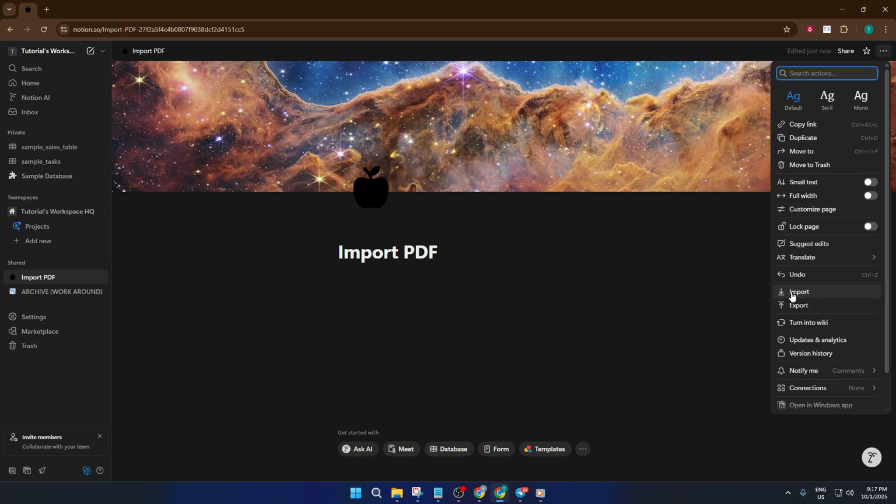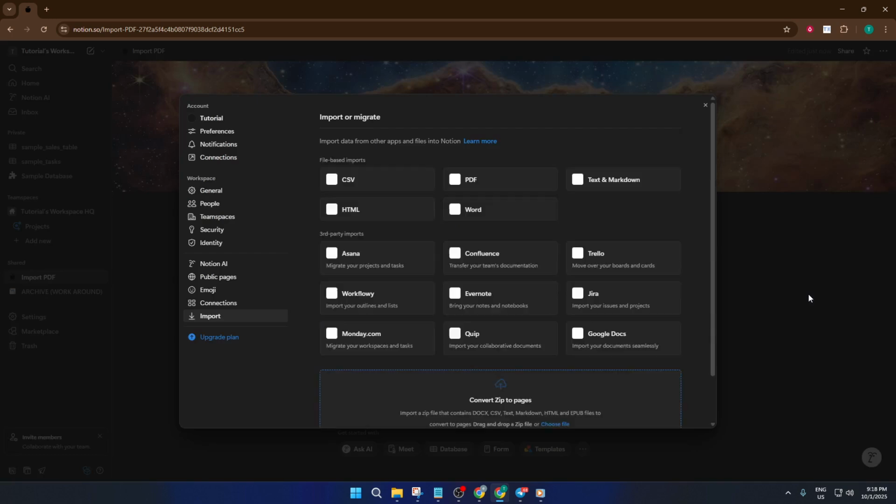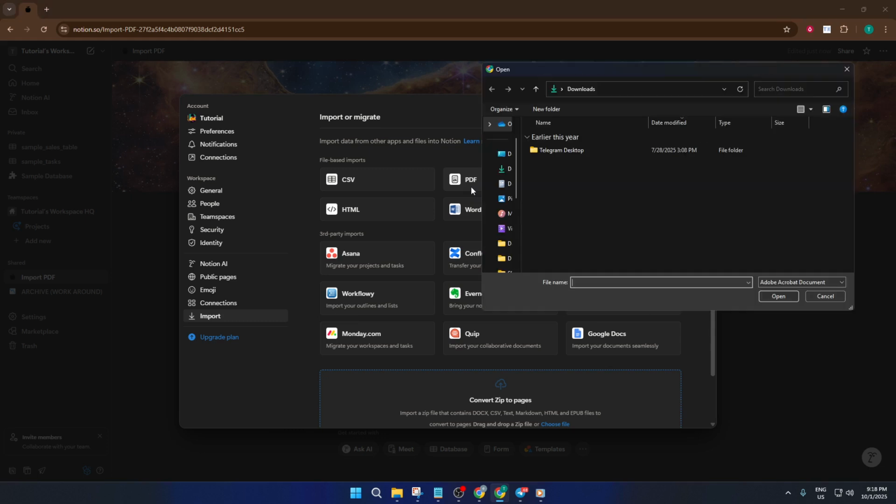This opens up a menu with several options. Among those, you'll see an option labeled Import. This is your gateway for bringing in content from outside Notion, like a transporter beam for your files. Give Import a click, and you'll see a few different choices pop up. Select PDF from the list. This tells Notion that you want to import a PDF specifically, not a CSV, not an image, but that document